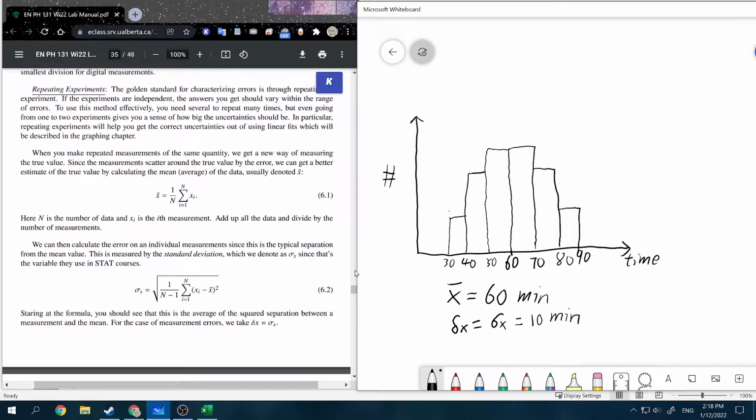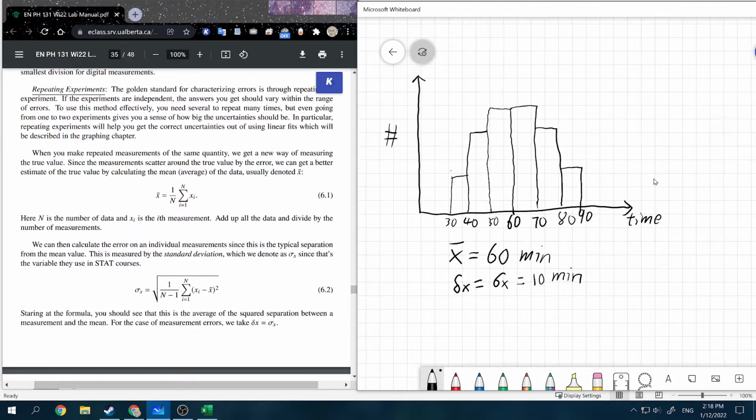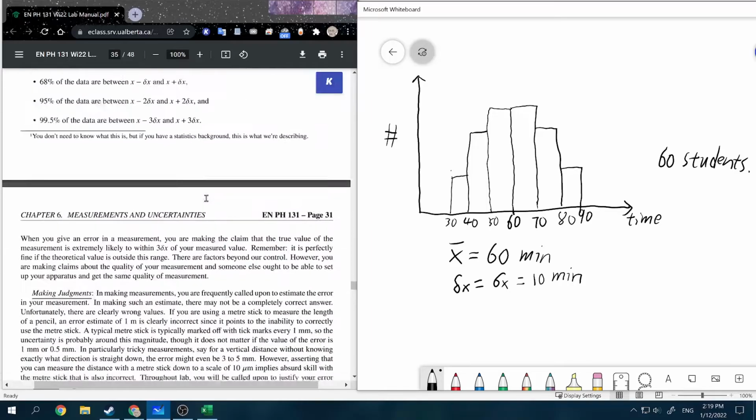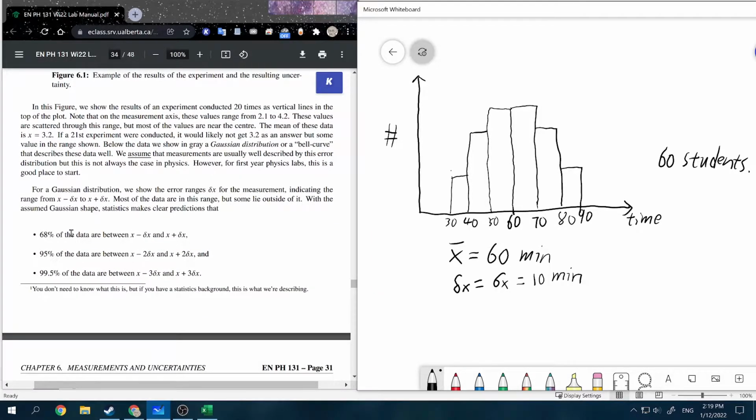So for this particular class, I'll say that I have about 60 students. If I give you the mean of 60 and the standard deviation equals 10, you're going to expect 68% between 50 to